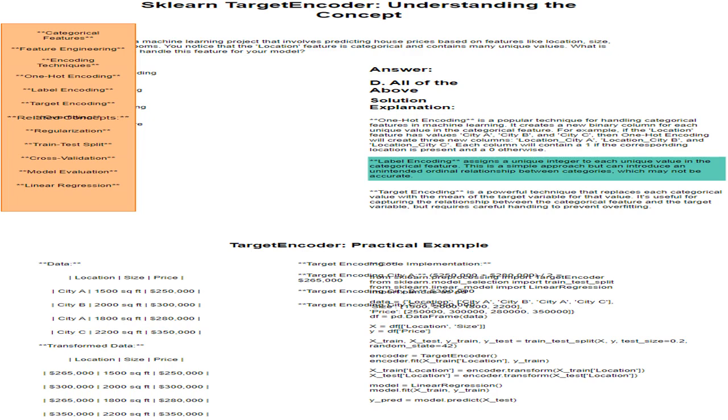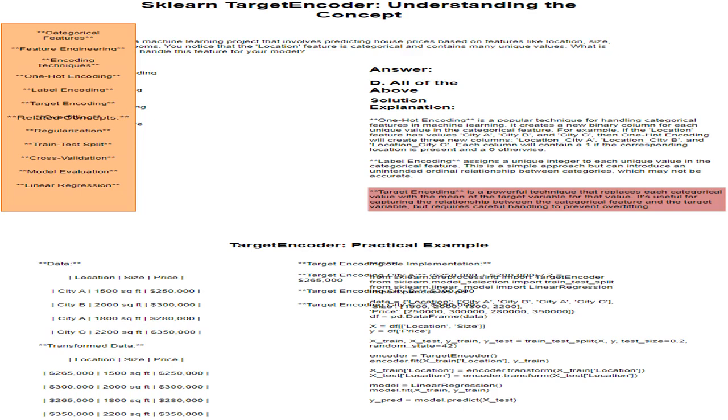This is a simple approach but can introduce an unintended ordinal relationship between categories, which may not be accurate. Target encoding is a powerful technique that replaces each categorical value with the mean of the target variable for that value. It's useful for capturing the relationship between the categorical feature and the target variable, but requires careful handling to